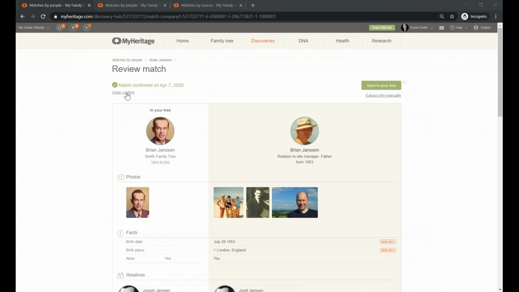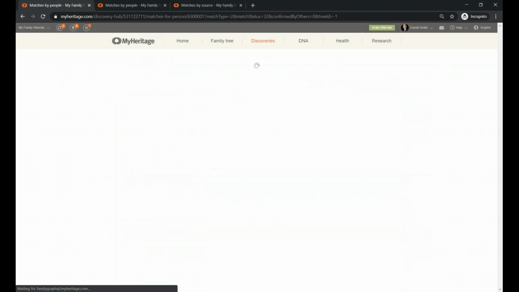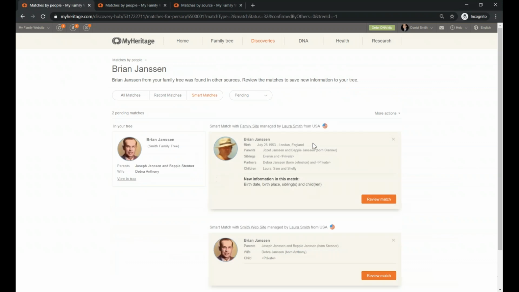The answer is yes. At any point in time, I can click and undo the confirmation, and now the match is not confirmed anymore. Now beware, because if you previously copied information from the tree into your website or into your tree, that will remain, that will stay. You will need to go manually and delete all the facts that you have added to your tree. Okay, from here, I'm going to go back and not only to Brian Jensen's matches,